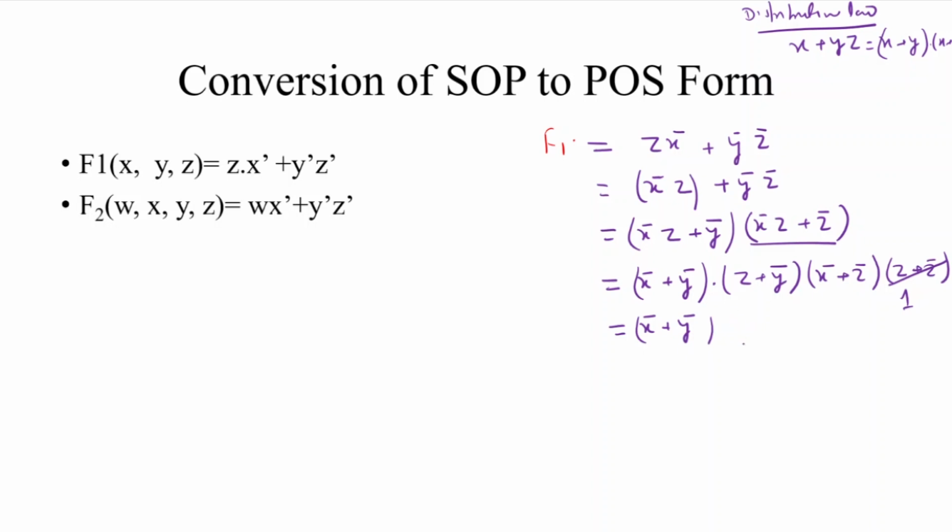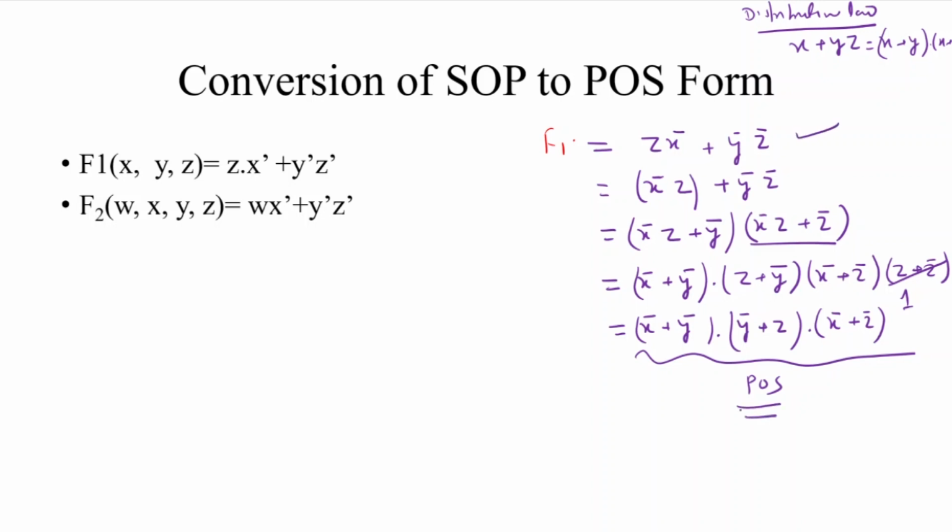This is written as, when we arrange the variables in the form of x, y, z, then this is written as y complement plus z, because here x is not present, and this is written as x plus z complement, because in this term the variable y is not present in any form. So here we see what is the operator between these terms? The operator is AND, which means this is in POS form. Here we convert a function which is given in SOP form to POS form.